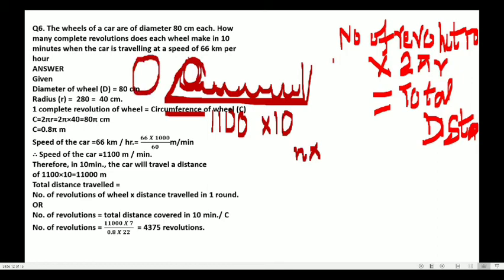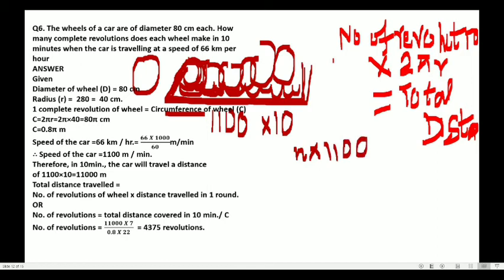One rotation, it is here. In another rotation, it will cover here. Another rotation, it will move here. So the number of rotations will take the total length of the field, or whatever the total distance. So n into 1100 into 10 in 10 minutes this distance is being covered. Sorry, it's not like that. This will be n into 2 pi r. Number of rotations multiplied with one rotation gives the total distance.